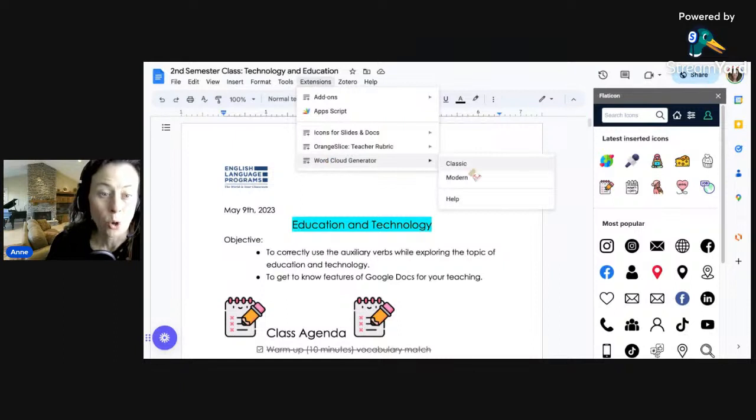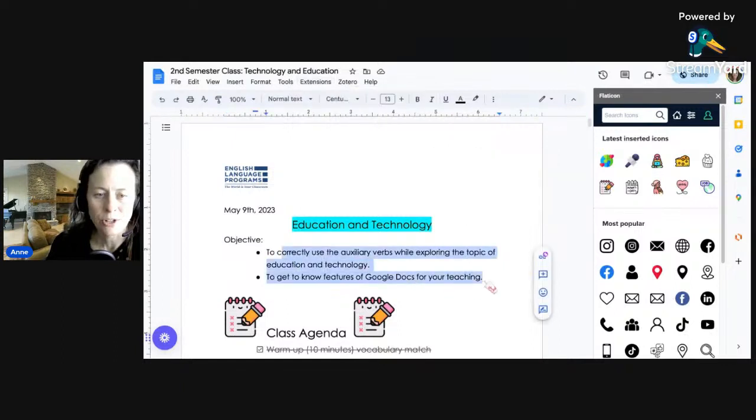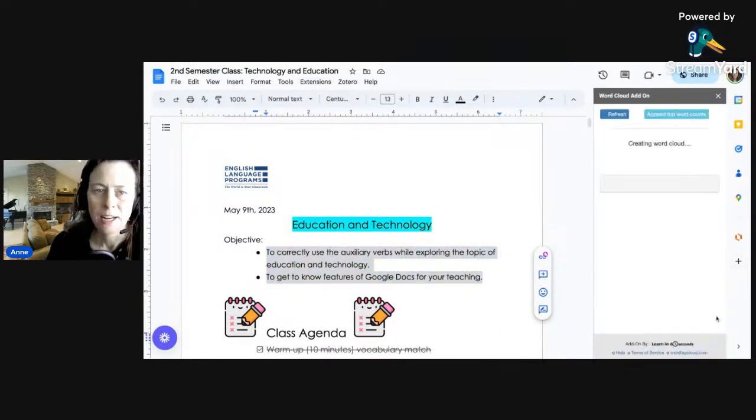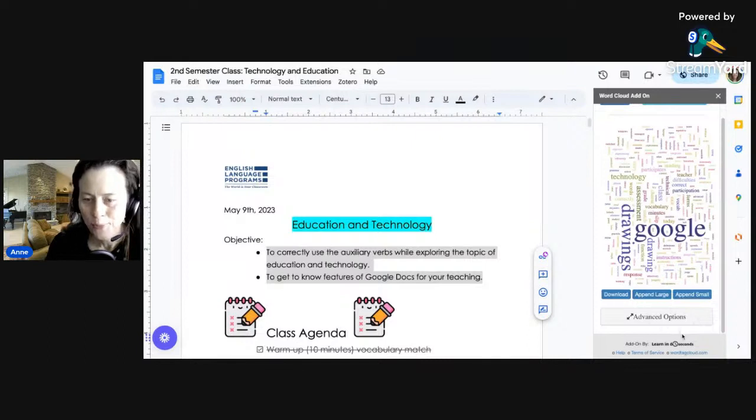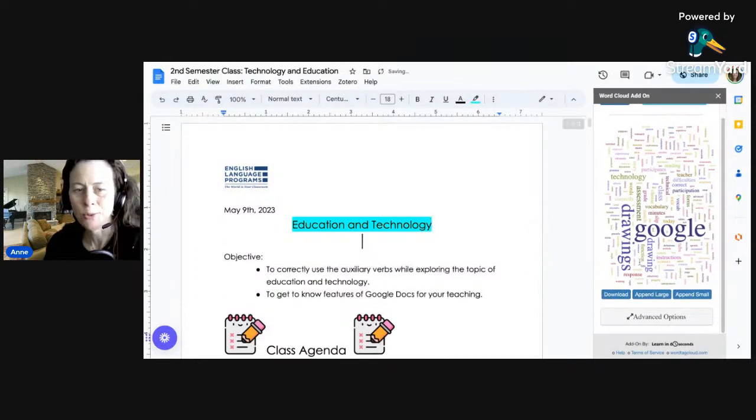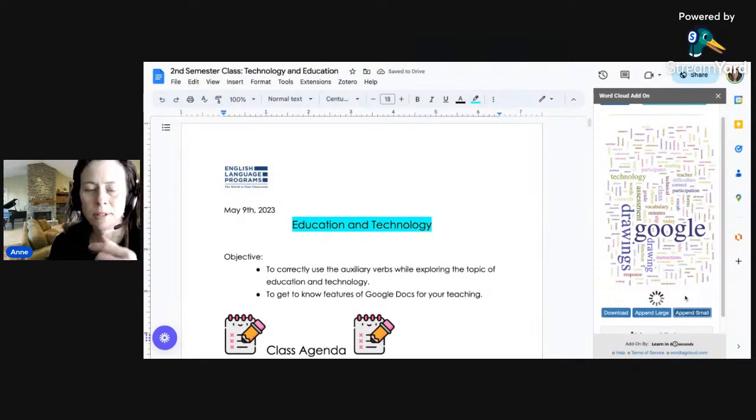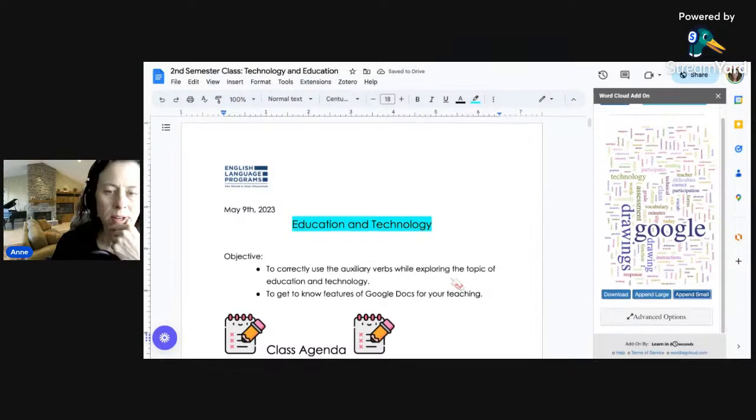You could also do a word cloud, which I thought was interesting. I think you need to highlight something, go into word cloud, modern, and it will generate a really cool word cloud that you can insert into the Google document. Okay, so append large, append small. I'm just going to show you what that looks like. Append small, for example, and it